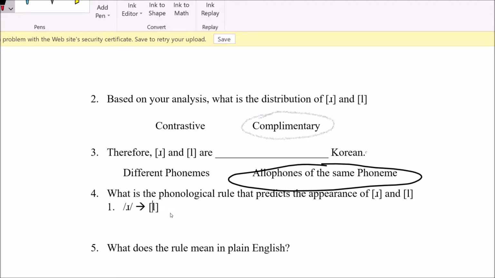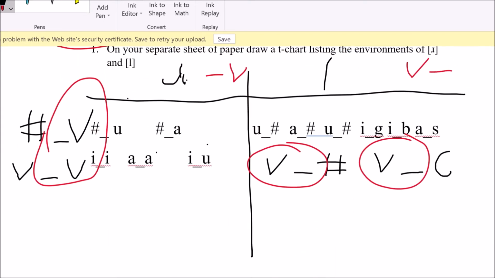In the environment of, so we put the slash in the environment of after a vowel. So mentally, the mental sound is the sound, at least as explained by my rule, and that becomes ul any time it comes after a vowel. So then the other rule would explain the sound based on our data, and we're going to pick this unifying